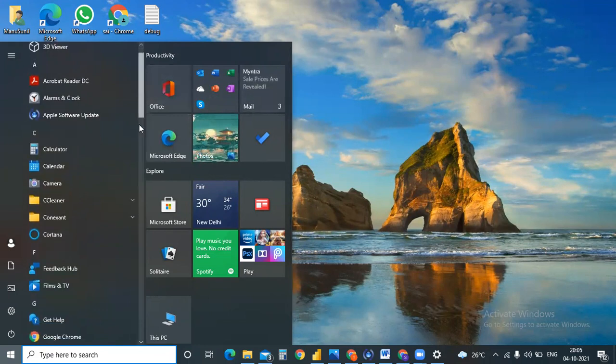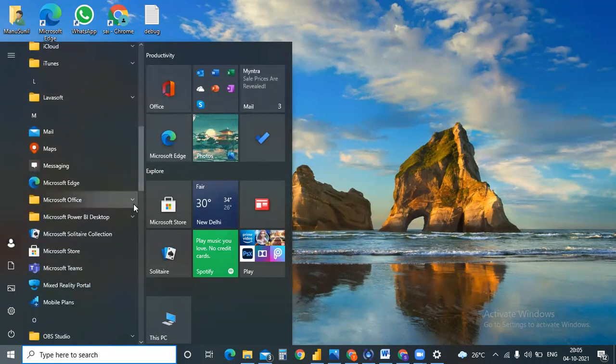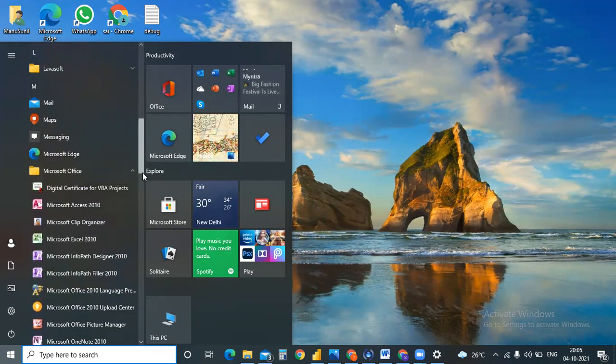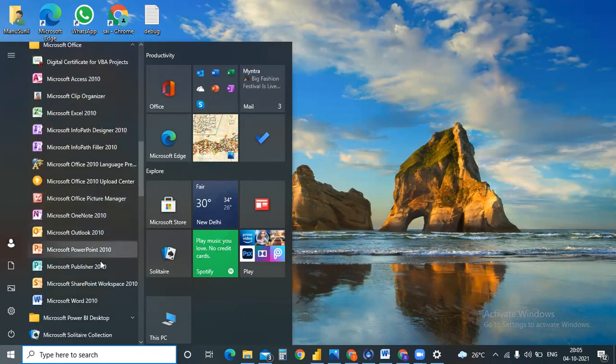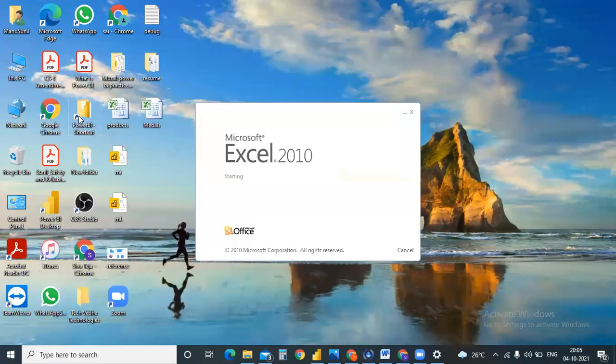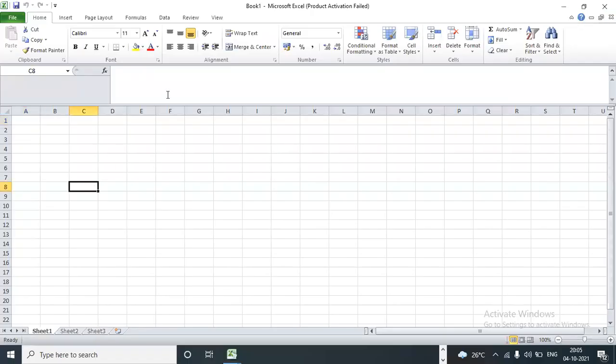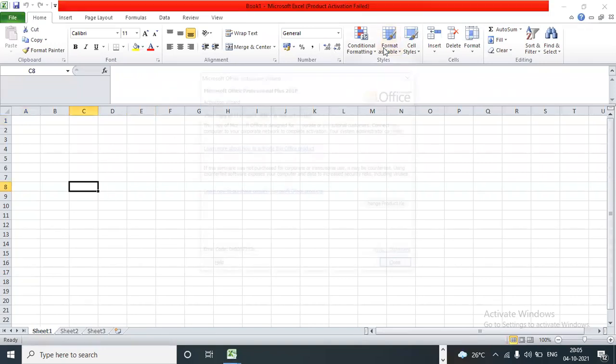In Microsoft Office, there are a lot of things. Among them, one is Word and one is Excel. Can you see Excel over here? Are you able to see Excel?